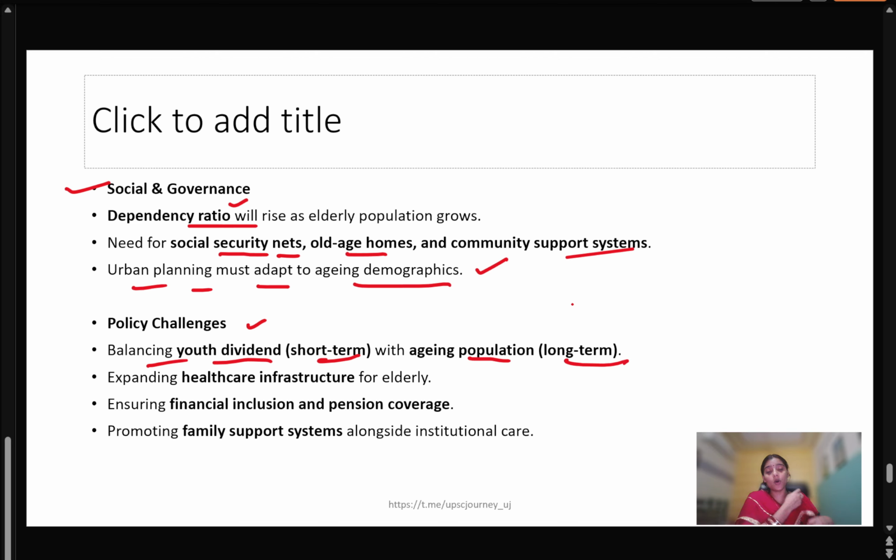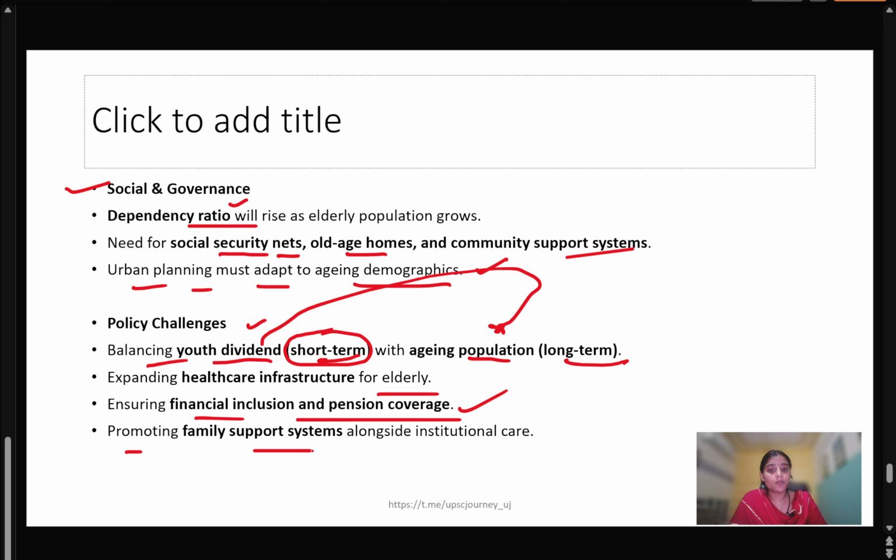Means we have to frame our policies which include youth dividends, which will be of very short term because we are having a shrinkage in fertility rate and an aging population for a long term. So we have to change the policies from youth-framed policies toward aging population. Expanding healthcare infrastructure for elderly, ensuring financial inclusion and pension coverage for this older population, and promoting family support system